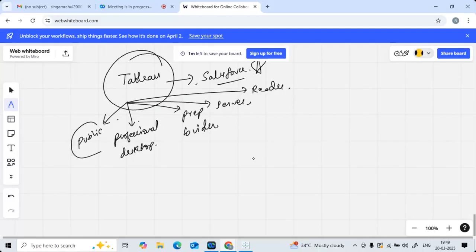Tableau Public is something where you can perform some data visualizations and basic data analytics work. And this in itself is the free product available with us. Okay. And the professional desktop edition is quite similar to Public, but here we need to pay some premium for it, guys. And for Tableau Prep Builder, for all the remaining things, we also need to pay.